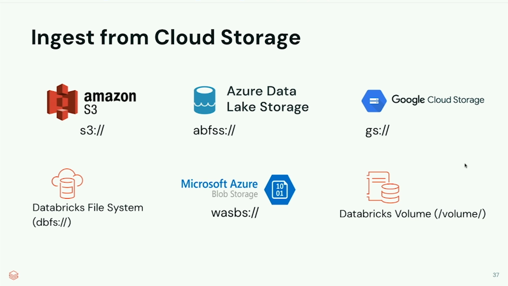But the files that we ingest are not only present in these cloud storage providers, but they may be available in other types of entities like, for example, SFTP servers. We have been hearing that a lot of users ingest data from SFTP using their own homegrown solution, and that prevented them from taking advantage of the Autoloader capabilities like exactly-once ingestion, incremental ingestion, and schema inference and evolution. So to address that, we built in native support for SFTP, which